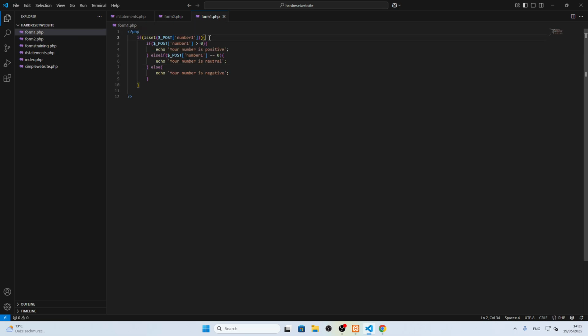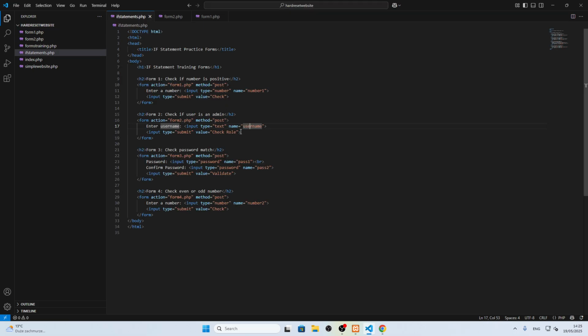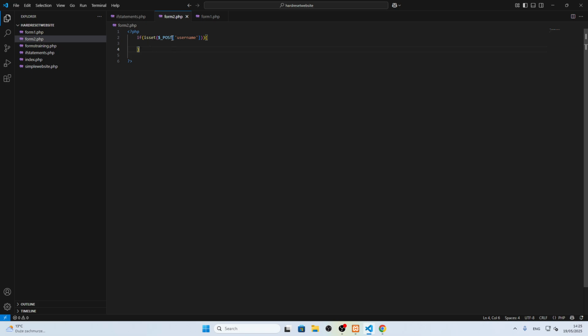So let's copy the first thing. It will make our life easier, and leave the first if isset. I didn't remember if I told you what does isset do. Isset is a thing that can protect us from running the script when we don't really have the data in it. So as you can see, if we set our $_POST number 1, so here let's replace it with the number 2, or no, number 2 is the username, I guess. Yes, username. So if it's a $_POST username,